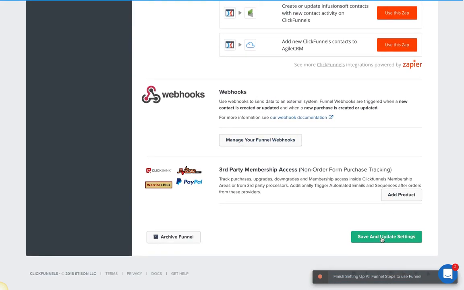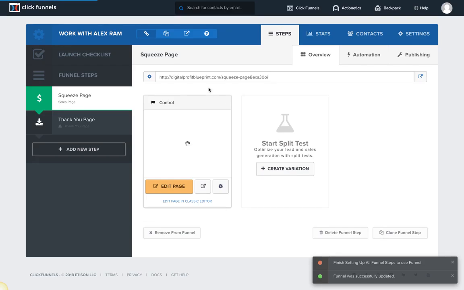Then you go to the bottom of the page and you say save update settings, and then here after the update you see now is digital whatever is my domain.com